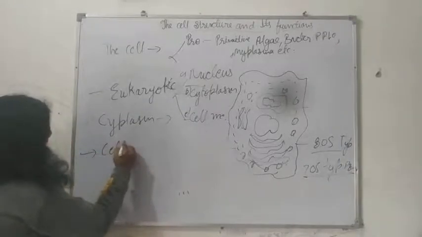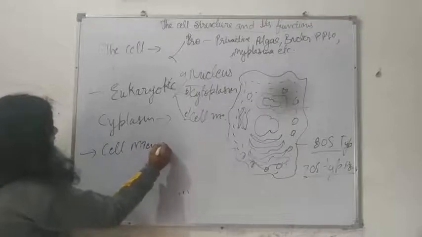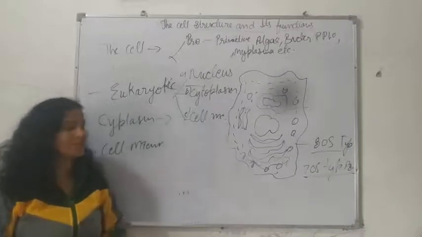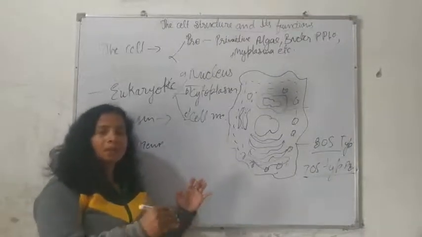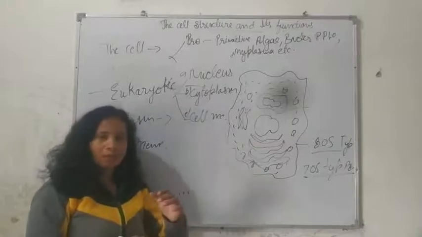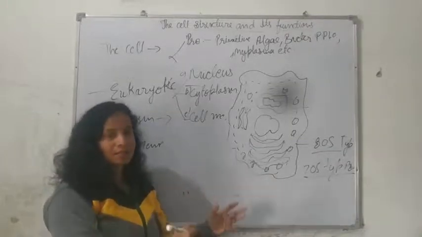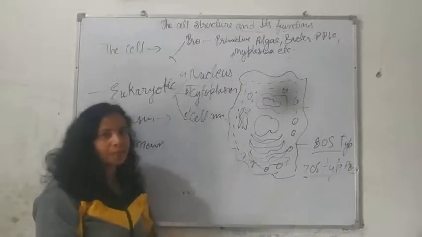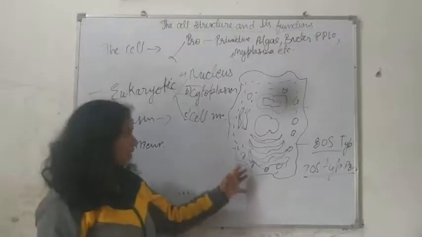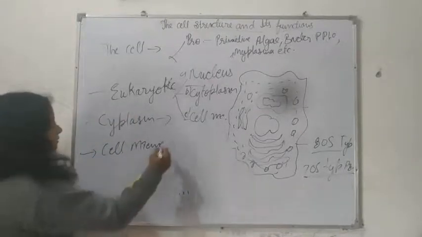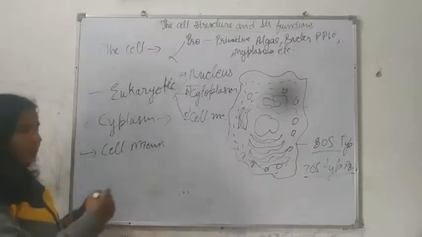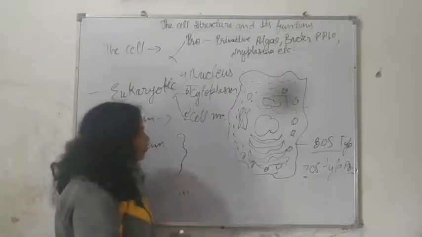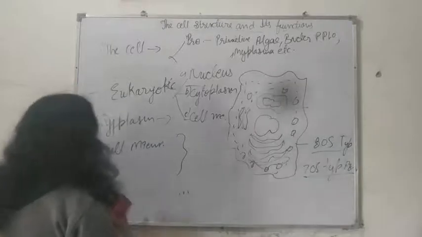Third part is the cell membrane. The cell membrane is a porous type of structure which allows some essential matters to come inside and go outside, and it separates the cell from the outermost environment. It makes a boundary or a line between other cells. It separates and covers the cell. The cell membrane gives special protection to the cell and contains the cytoplasm. So these are the main functions of the cell membrane.